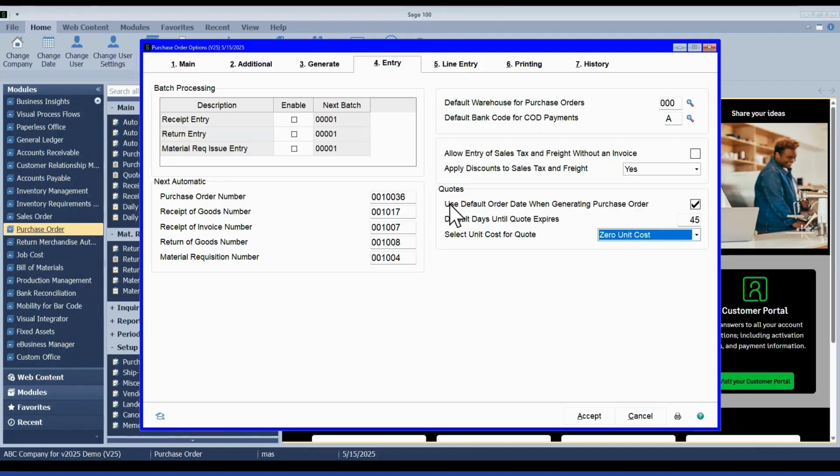And then you can also choose that when you get to that point that you want to turn that quote PO over to a standard order, because you're ready to actually formalize it and send it to that vendor. When you promote it and generate that purchase order, you can tell it whether or not to use the default order date in generating, or if unselected, use the date of the quote, or do you want to use your accounting date and PO that day. So do you want the date to change on the day you generate it to be today's date, or do you want it to still retain whatever the original quote date was?